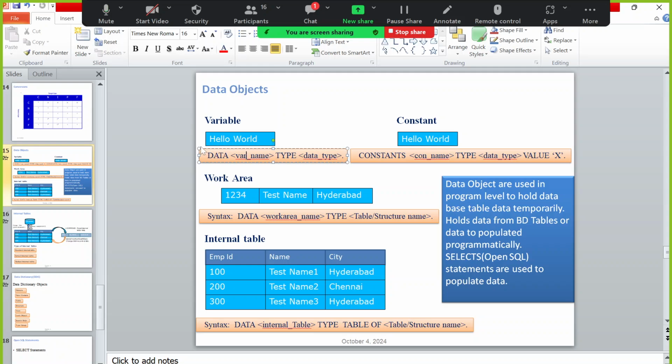But what about variable? You can change the value during the program runtime. It will allow, right? You can assign new values every time whenever required. It can also hold a single value. What about constant? Constant can also hold a single value, right? It also holds a single value, but the value of the constant cannot be changed during program runtime,